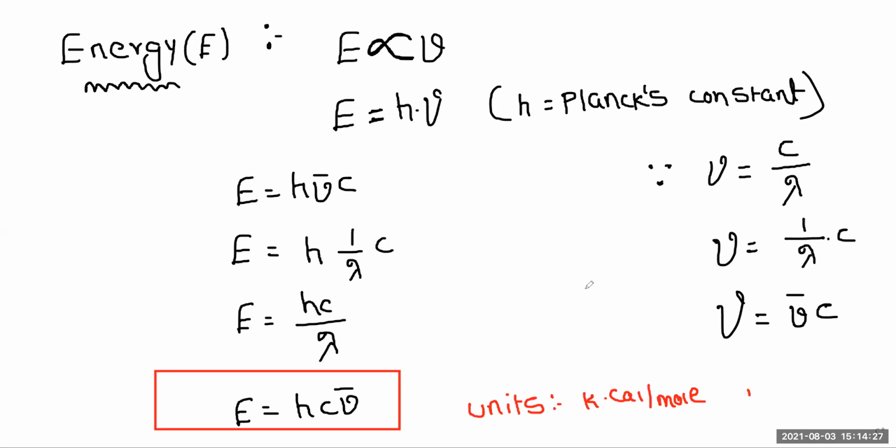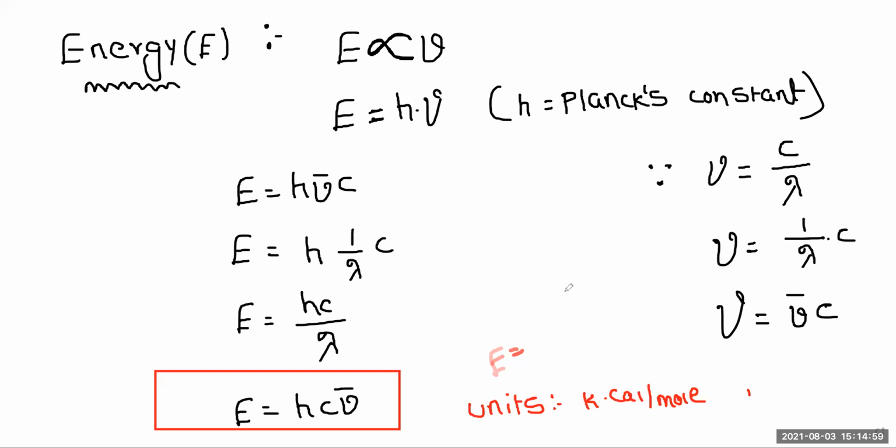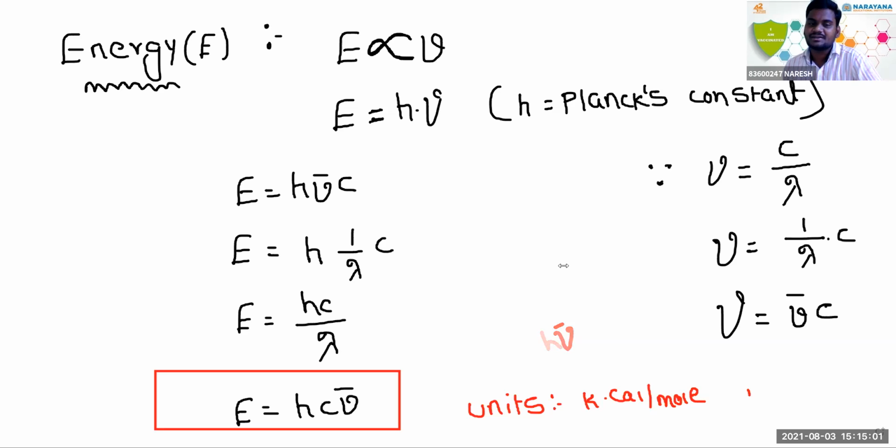Sir, so this is one more formula for energy. Yes. Energy has two formulas, that is E is equal to h nu, and this is hc nu bar. E is equal to hc nu bar is the complete proof of energy. Energy is equal to h into c nu bar is the complete proof. Here I have given it. And what is the other formula you are asking, Nitin? E is equal to h nu. Those two are the main formulas. Okay, I got it.